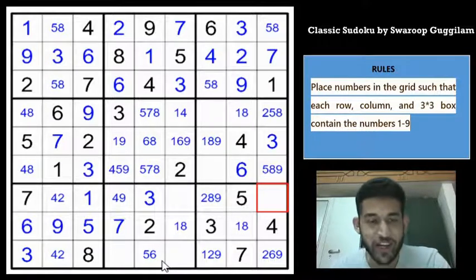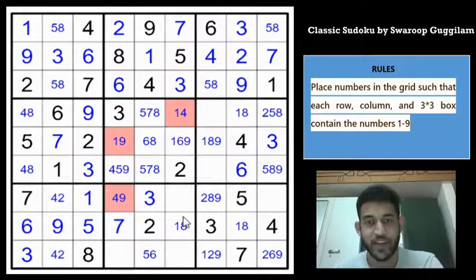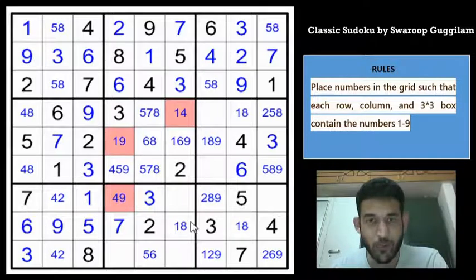Okay. So here comes the advanced logic. So I'll highlight and show you that. This is a tough strategy as per Sudoku Wiki terminology. So look at these cells, right? This is a typical Y-wing, which we have explained in one of our earlier videos.